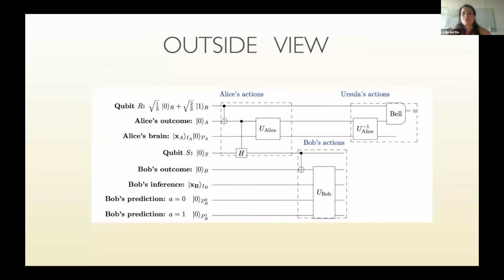And then what does Ursula do? Well, she just comes and undoes this unitary that Alice applied. That's what it means. She doesn't even reverse Alice's measurement itself. She just reverses the reasoning. And she then measures R and A, so this part of Alice's brain and lab, in this special basis. So this is the view, from Alice's perspective, of what's happening here.